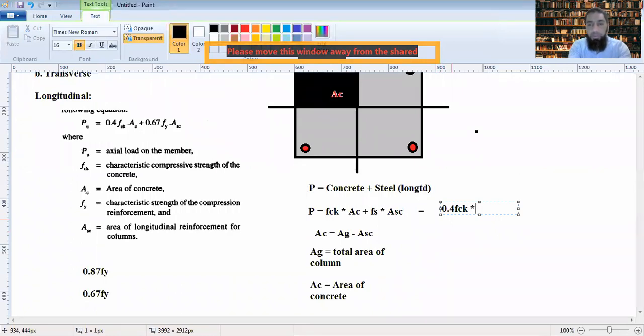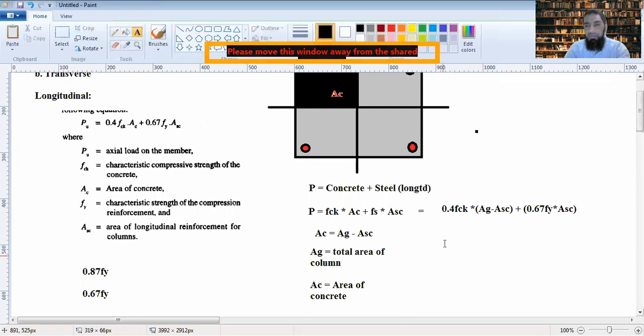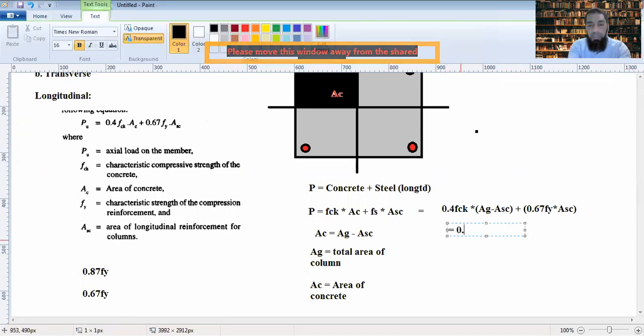It's around 0.4 FCK into area of concrete, or you can say AG minus ASC, plus now your Fs is 0.67 Fy into ASC, which is the area of steel, or we can also write it as 0.4 FCK into AG. Then you have plus